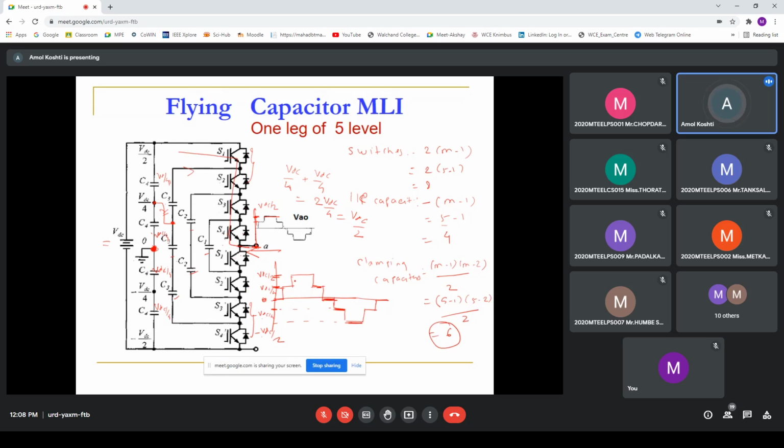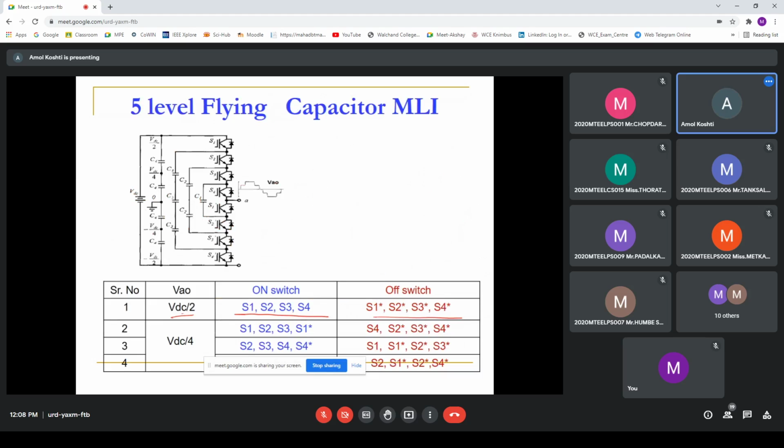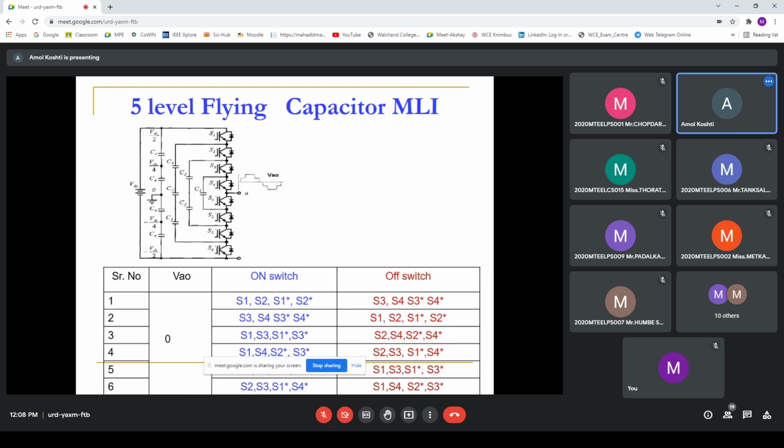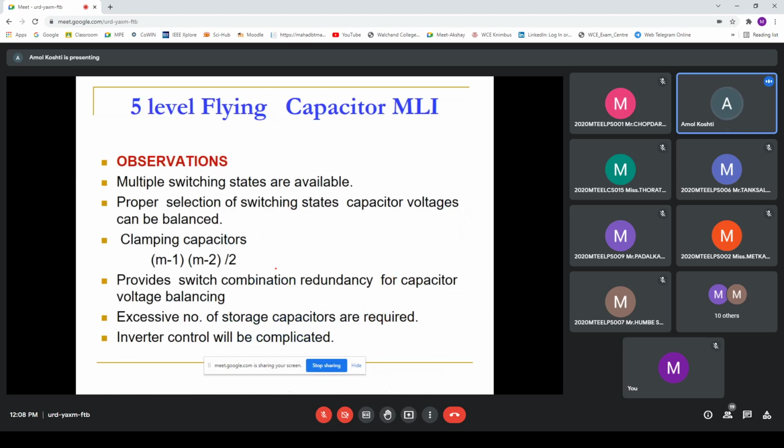Okay, so again here the nature of the output which we have produced in the diode clamp is the same nature we have produced here. Only the difference is we use a different topology. So we have also discussed the advantage and disadvantage of this, and the teaching is given, so you can understand this level of output.